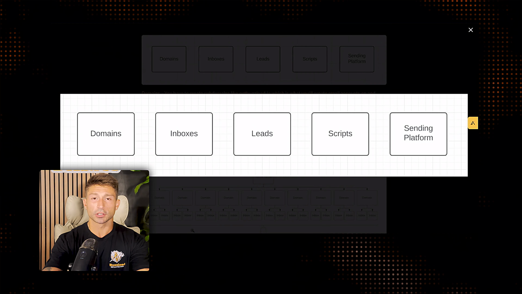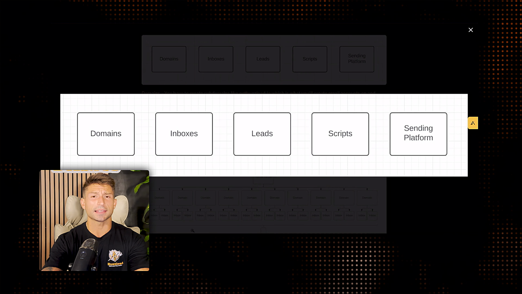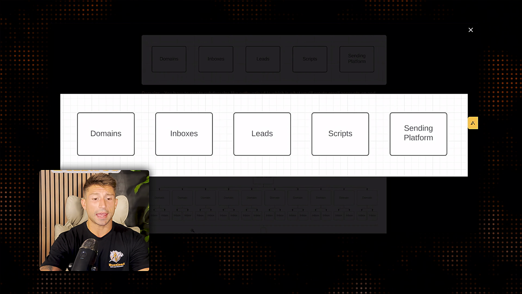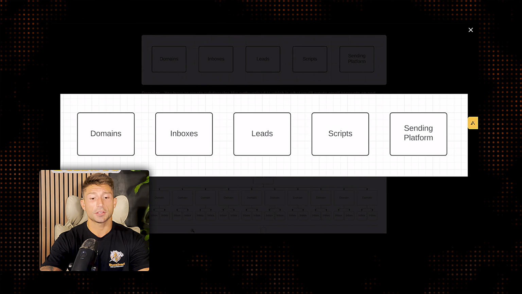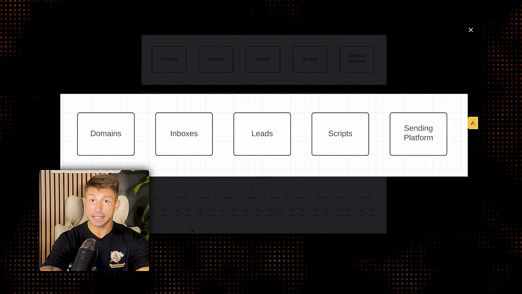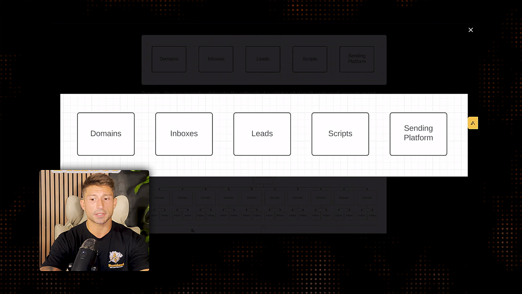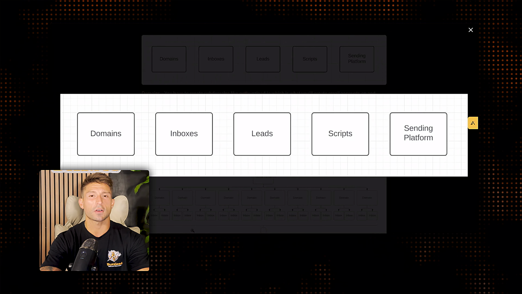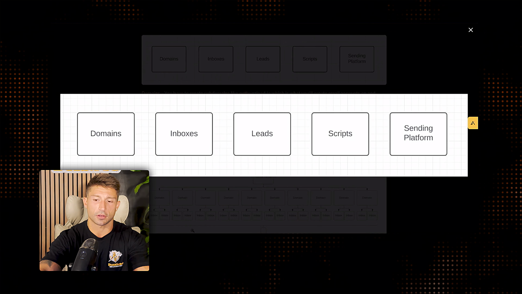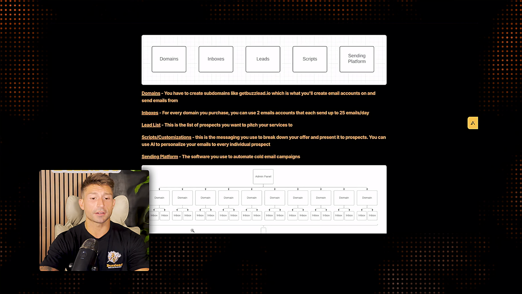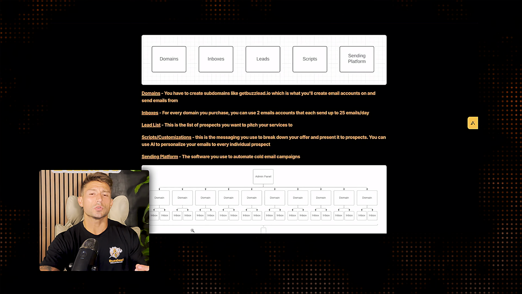So the diagram that we're looking at right here is essentially just a high level of the cold email infrastructure. And what you're gonna have is your domains, your inboxes, your lead list, your cold email scripts, and then the email sending software that you physically deliver the messages on. Now, breaking these down a little bit further, essentially with domains, you do not want to be cold